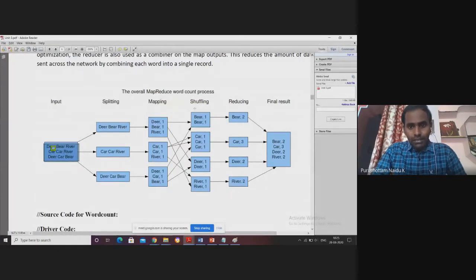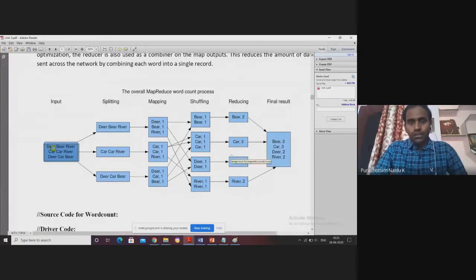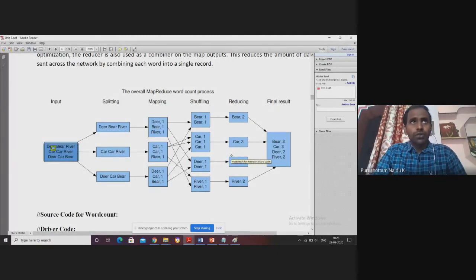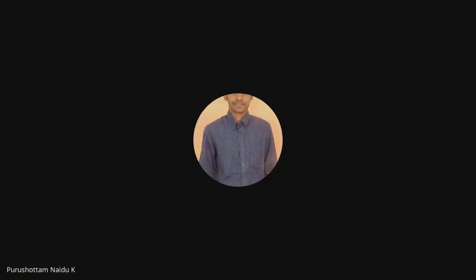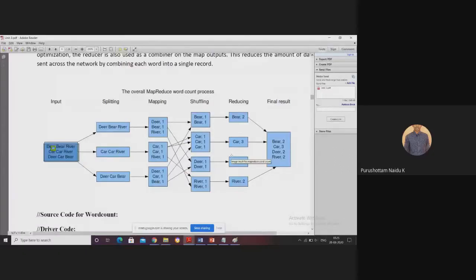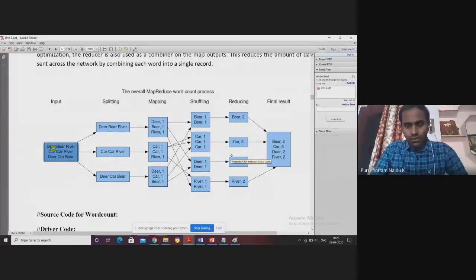So now this entire result is given as the input to which one? Reducer. So we may have a doubt about how many reducers we are maintaining. By default, we maintain only a single reducer, though we may have any number of maps. So by default, the single reducer is executed on the output of the shuffling and sorting. Then we get the final result.